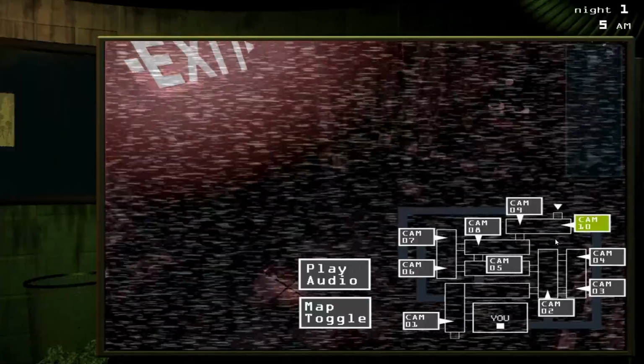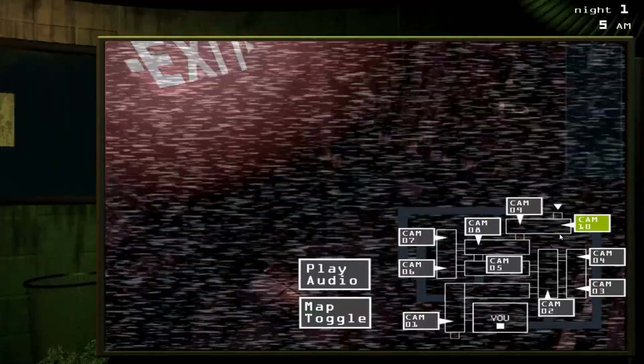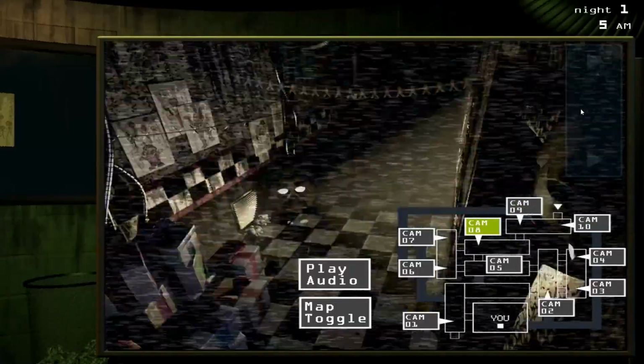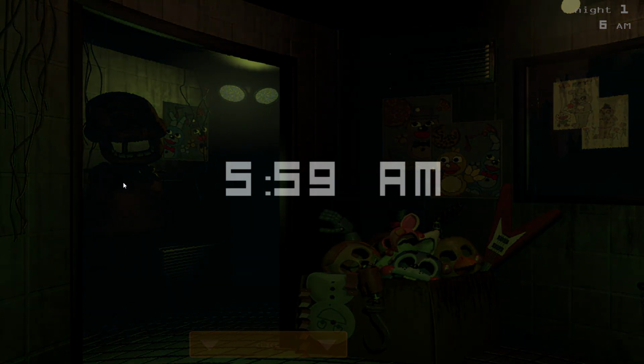For now, just get comfortable with the new setup. You can check the security cameras over to your right with the click of that blue button. You can toggle between the hall cams and the...